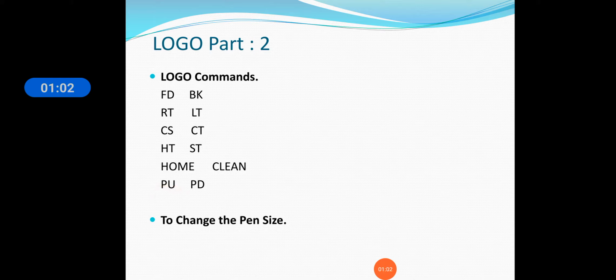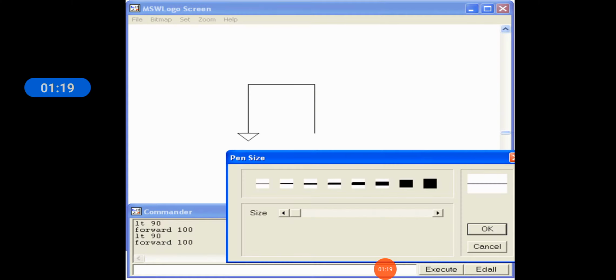If you want to write anything, you start with the PD command, and if you want the turtle to move so that it does not write, you will use the PU command. To change the pen size, all of you know this is the picture here.